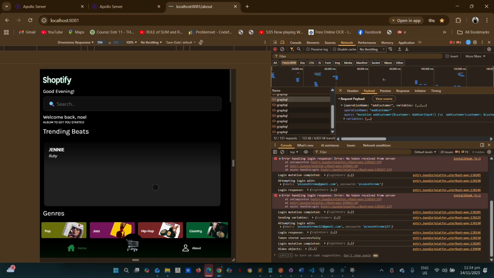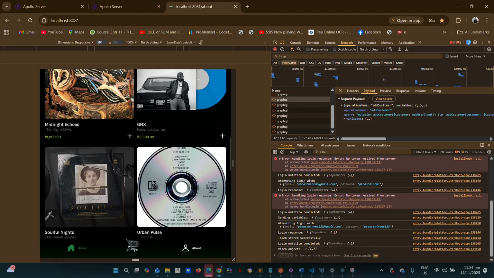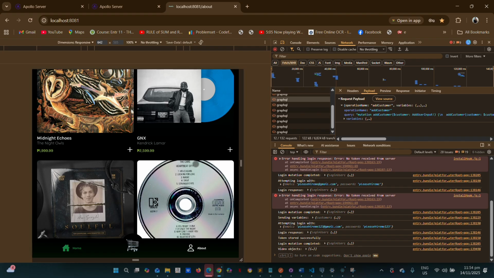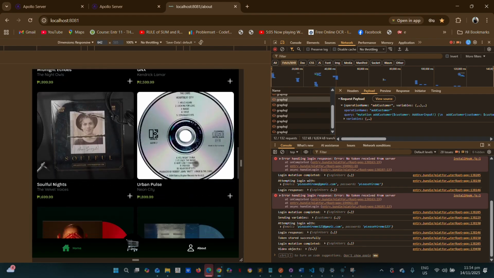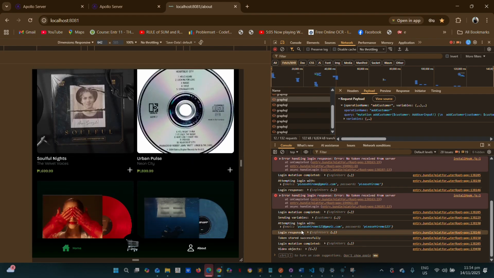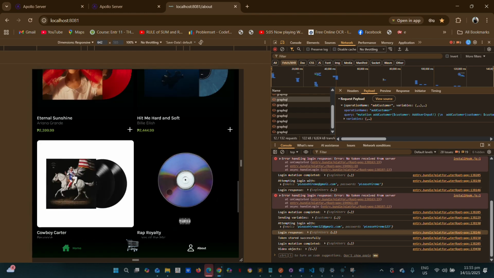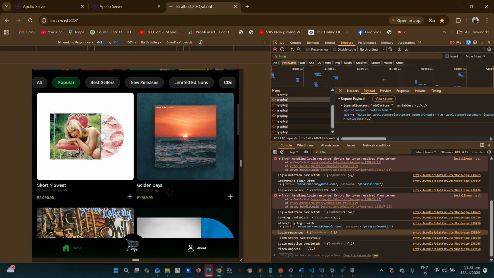And yeah, before, the email already exists. I tried it before. So yeah, this is the response, the GraphQL, the network. All of this is connected to the back end.